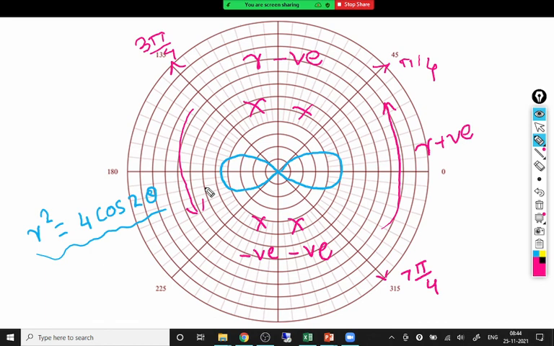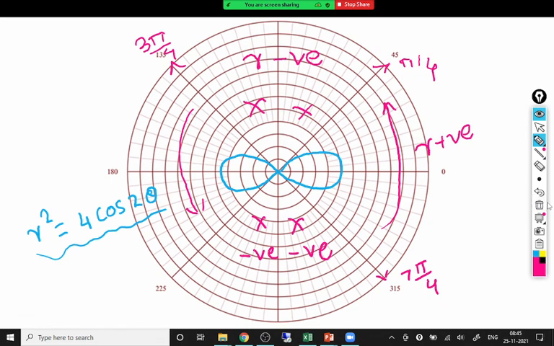3 circles. I will repeat the equations. r equal to a cos theta, r equal to a sin theta, then r equal to a. So those are the 3 circles. We have the cardioids, r equal to a into 1 plus cos theta and r equal to a into 1 minus cos theta, and the last, r square equal to a square cos 2 theta.